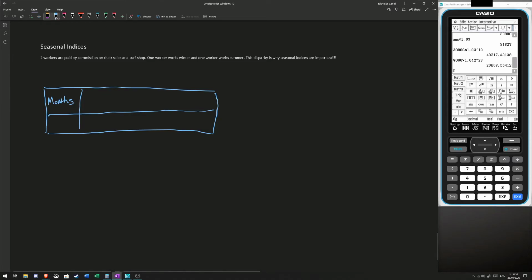Oh, I should not have done that. There's 12 of them. Let's go back to seasons, so there's only 4. Seasons, and down here we've got our index. Rookie mistake, I drew the table before I knew how many boxes I needed. So we've got summer, autumn, winter, and spring. I hope you guys know your acronyms, shortenings, contractions. All right. So if we're working a surf shop,